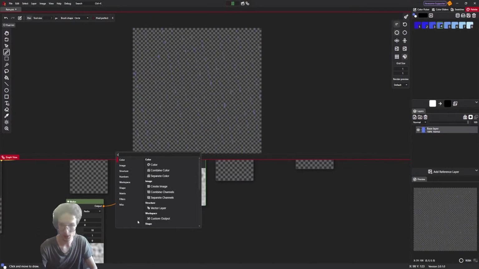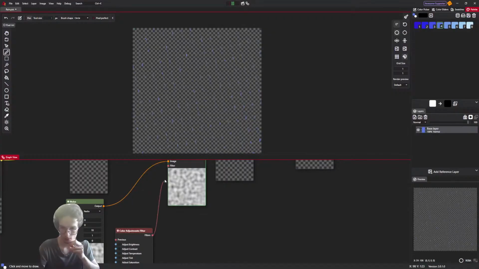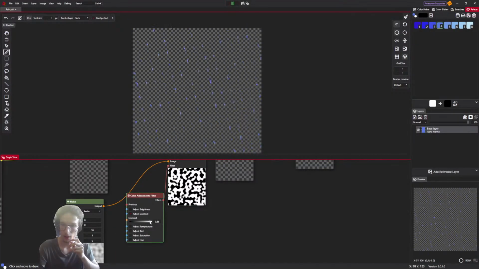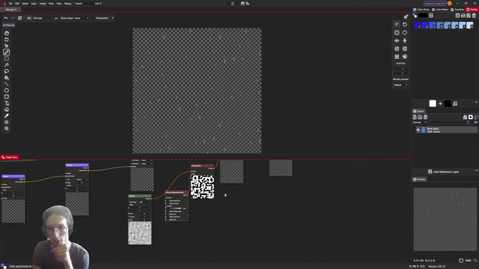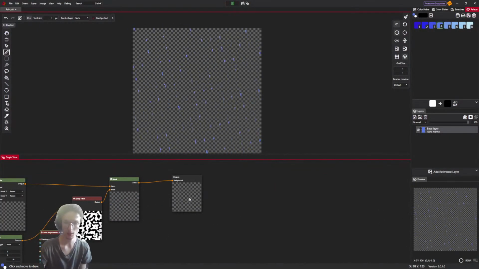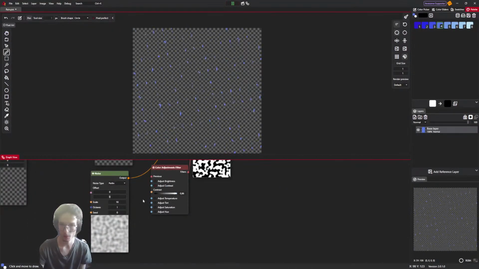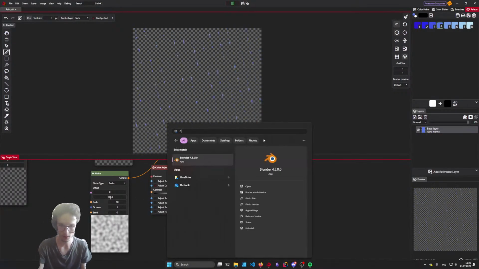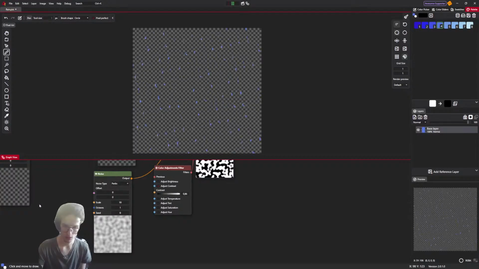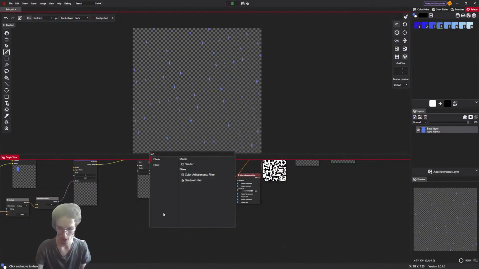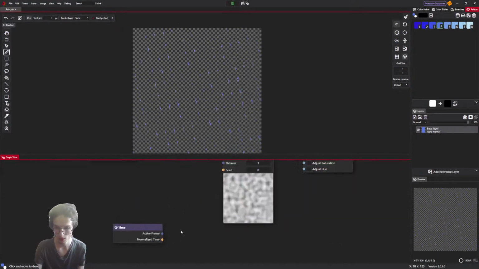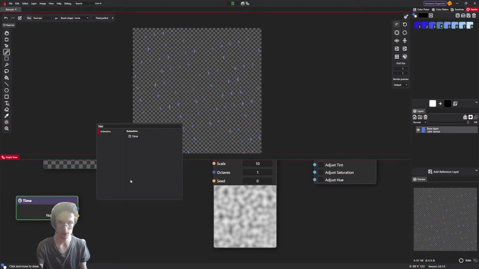Alright, and let's adjust the contrast. Filter. Contrast. Okay. Although it doesn't look bad now, I am still gonna offset the whole noise like that. It will create a great movement effect, I believe. So let's take time node again, and we're gonna multiply it.